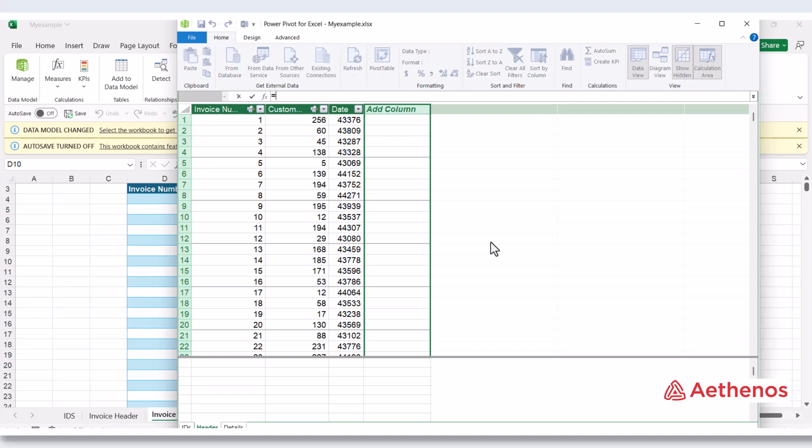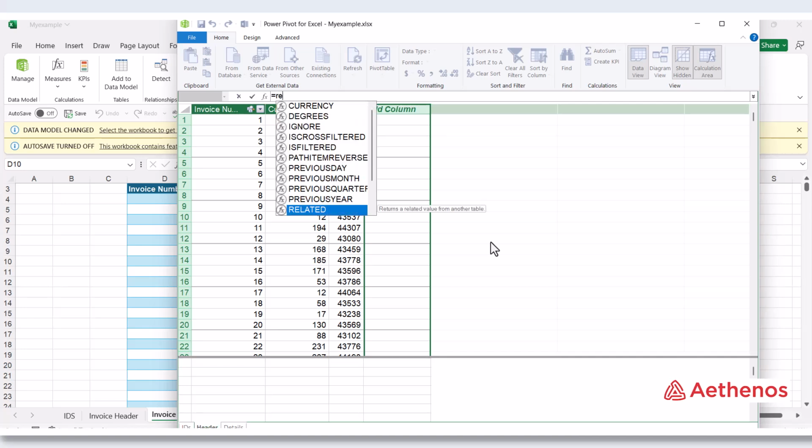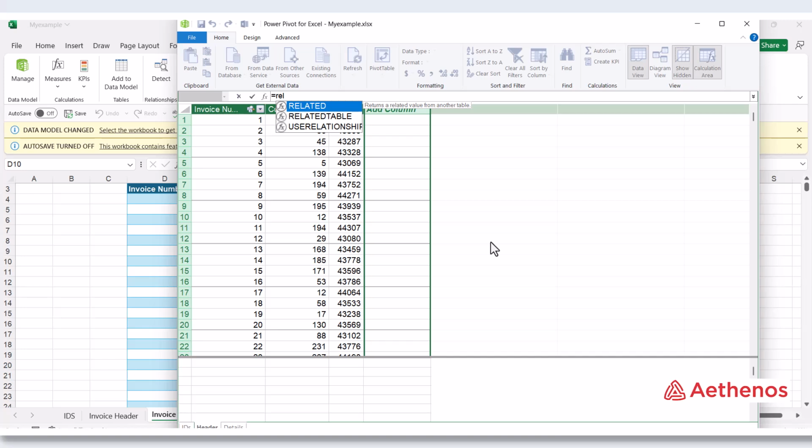So I will type equal sign related, or when I type REL it appears. So I will select the first one, related, tab key, and I need the unit price from the detail sheet. So I come down, select unit price and click tab,